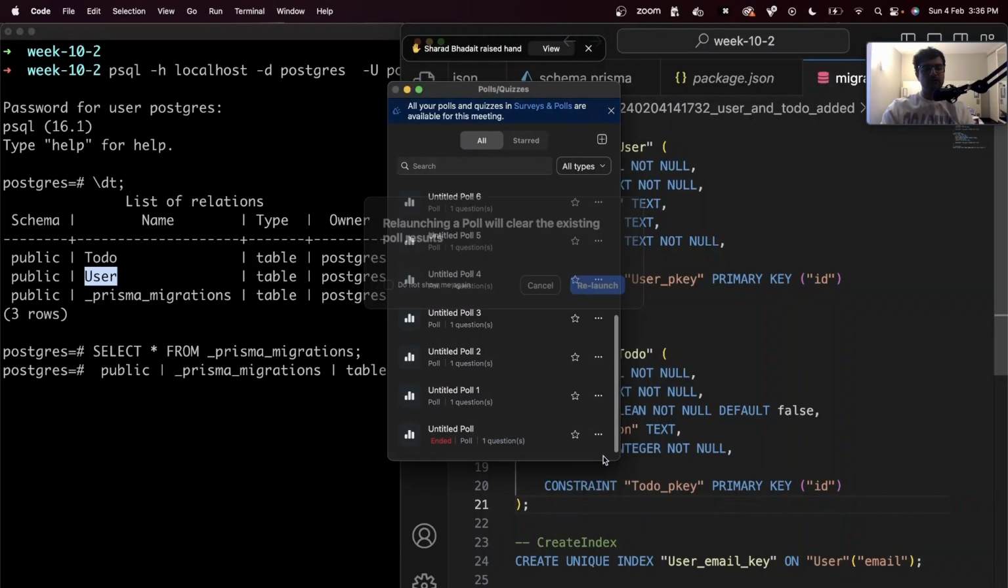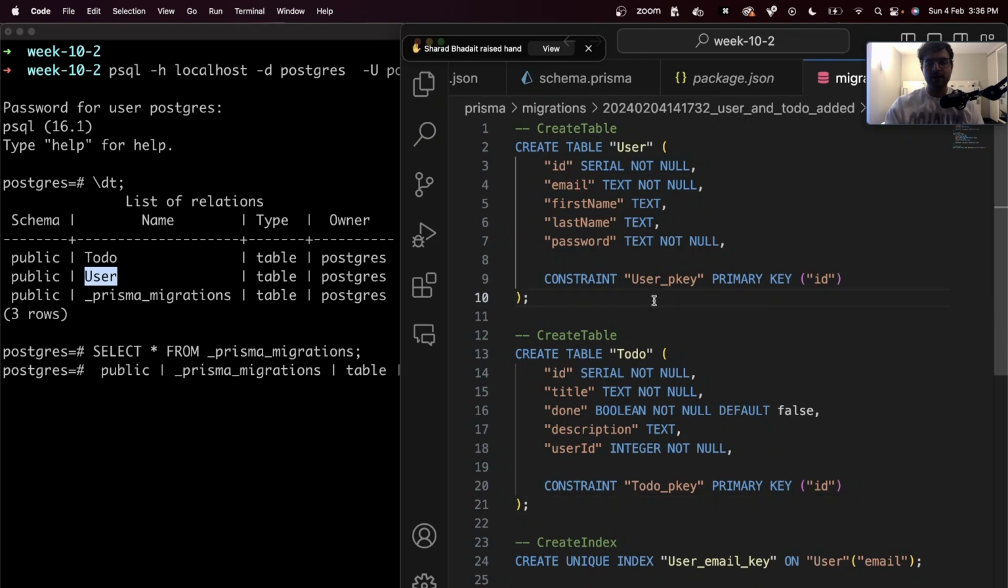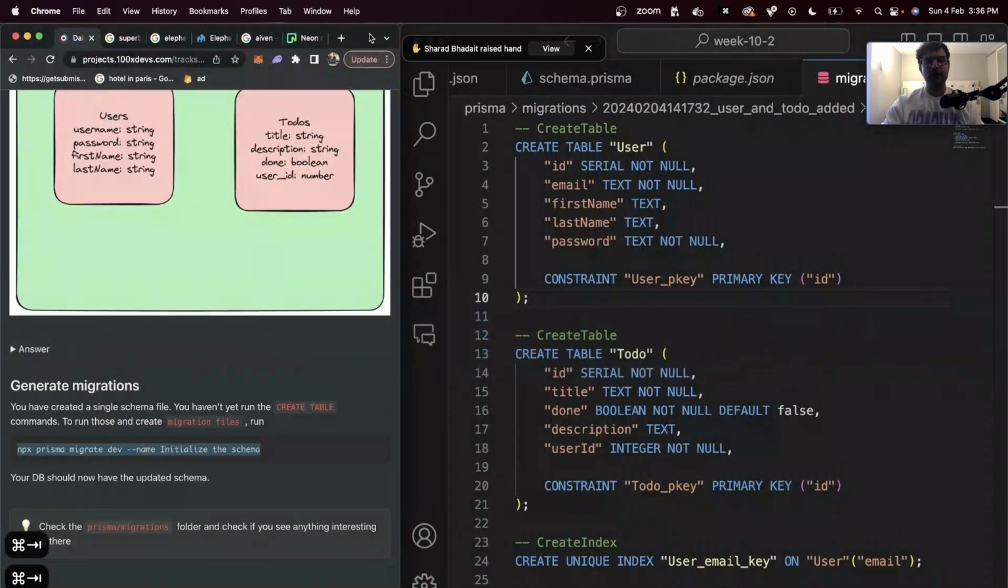Feels like I went a little too fast, so let me check. Oh no, we do understand this. Great. Sort of. 84%. Cool. So let me proceed a bit